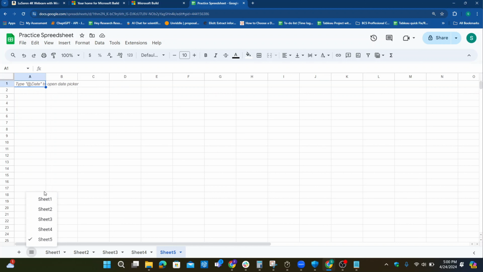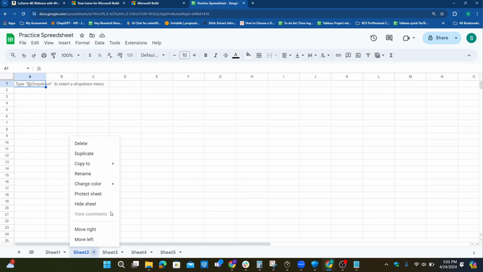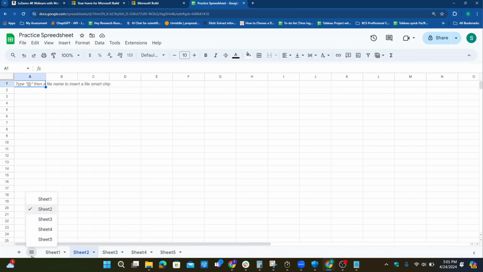But with Google Sheets, you can easily select, hide, unhide, and all of that. You can hide sheets, you can protect sheets from anyone editing them, you can move them left and right, you can duplicate them. Don't get me wrong, Excel has this feature, but I find Google Sheets easier to manage my sheets, because in Excel I have to scroll left and right to be able to do all of these things. So yeah, that's it, and that's everything I think you need to know about